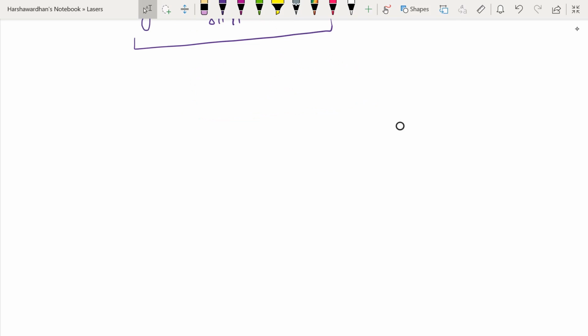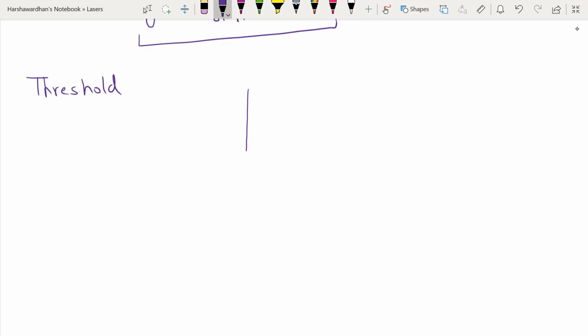So for the discussion on threshold, let us consider a mirror. I'm representing the mirror in this fashion. The hash line shows the non-reflecting side. So intensity comes in, let's call it I, and there's a reflected intensity, let's call it some coefficient R times I. The transmitted